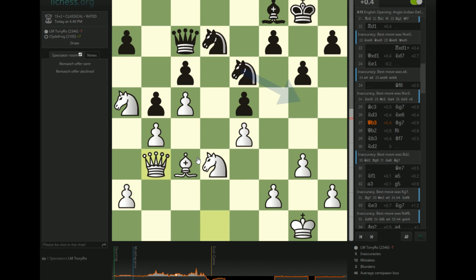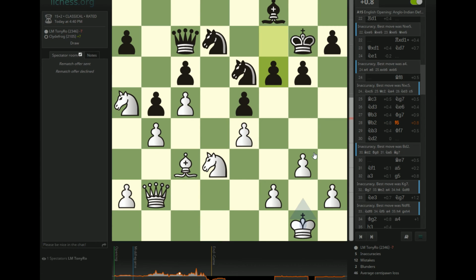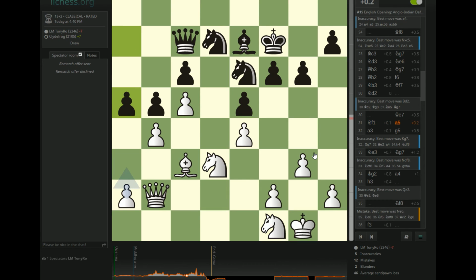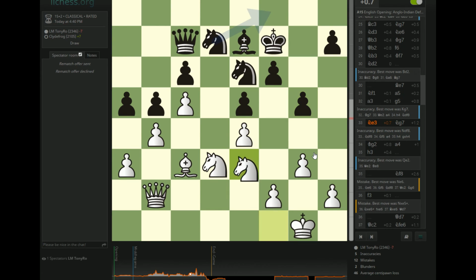Yeah, and then finally I let black finish out the maneuver he really started a long time ago, which is put the knight on e6. Very common in this structure, and already black doesn't have huge problems, and I would say that